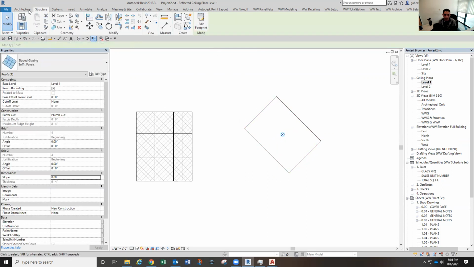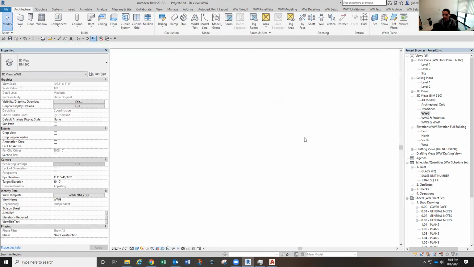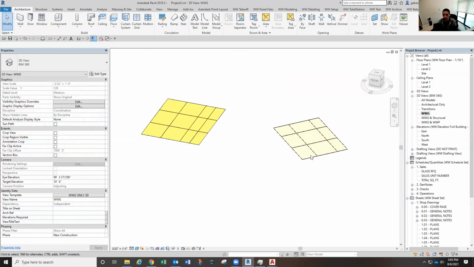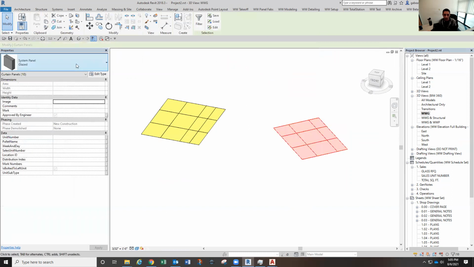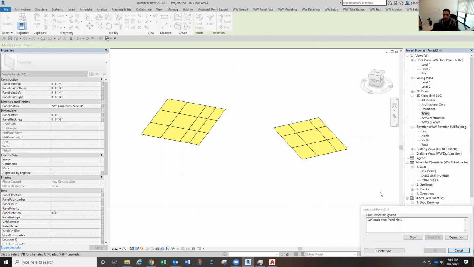Now that I have that, I can go to architecture, curtain grid, and now you can see that I can put in those curtain grids. And now if I go to my 3D, I'll have it in there at a different angle. I can do the same thing, panels on host, and make those that flat panel. It's going to say deleted because there's actually an extra one,